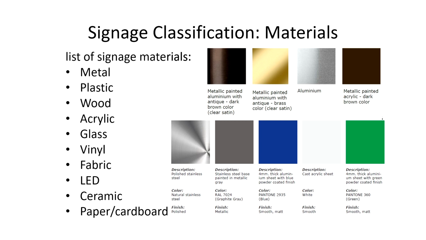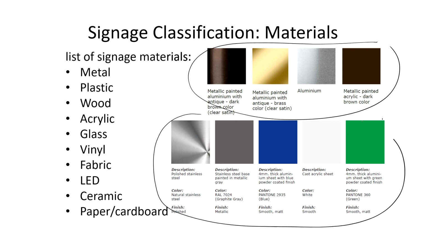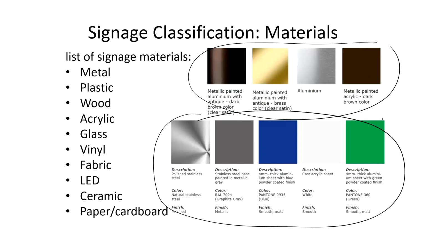If you see on the right side of this visual, there is a selection of metal materials utilized in two different projects. Here, this one and this one. They are actually snapshots of two different projects which we have done in the past. If you see the selection of colors or materials at the top,